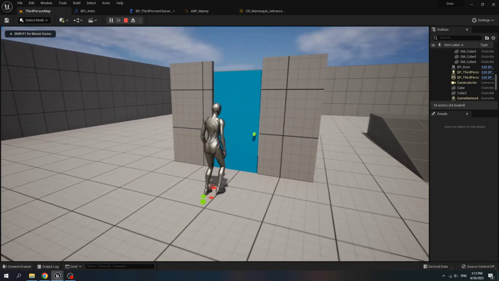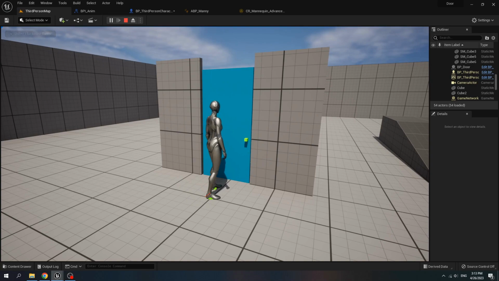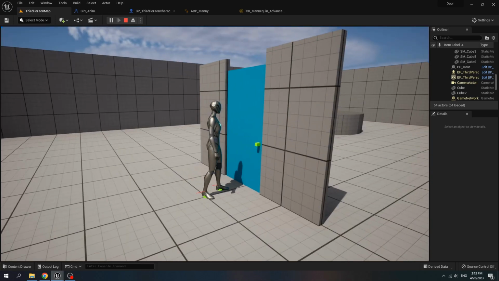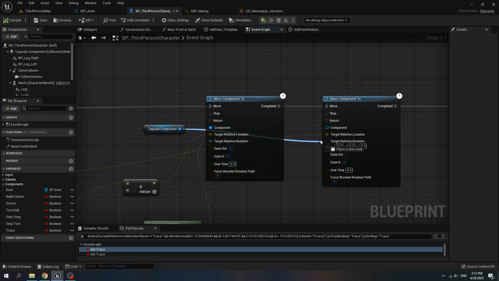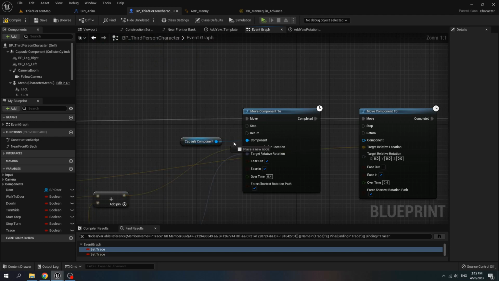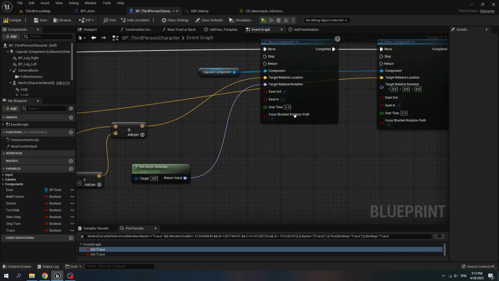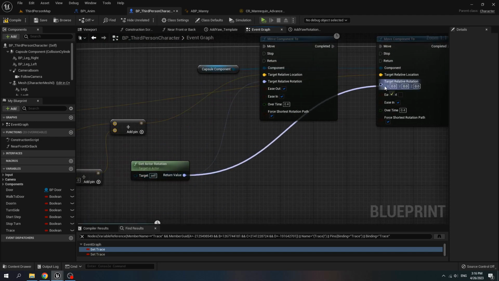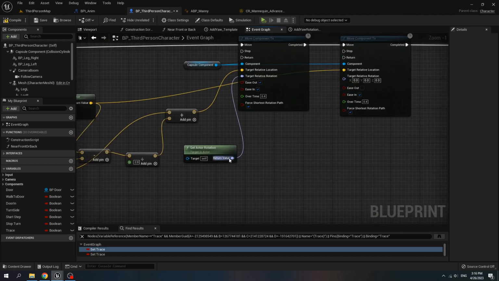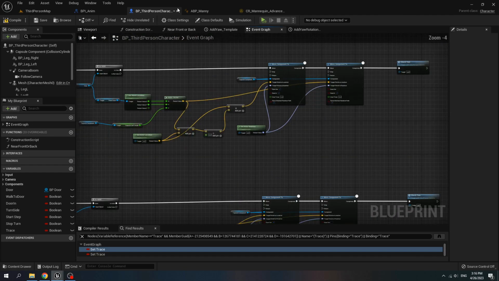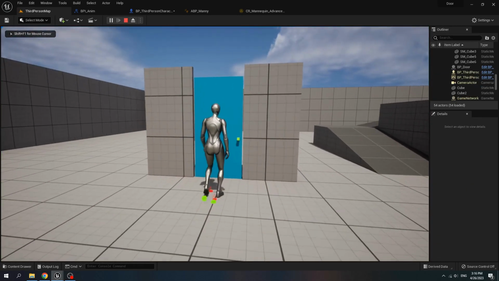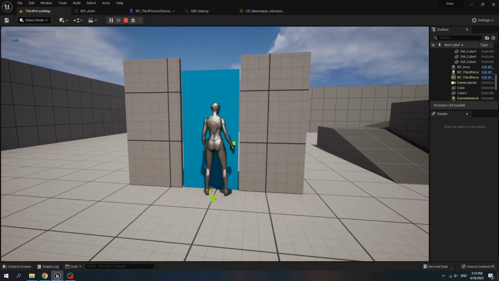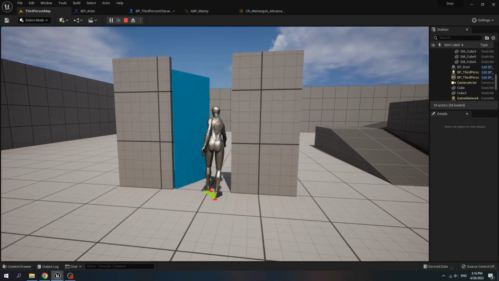Press E and the character moves to the target location. We forgot to connect the capsule component to the move component to. This one. And get actor rotation to target relative rotation. Play test. Press E and the character flies to the target location.